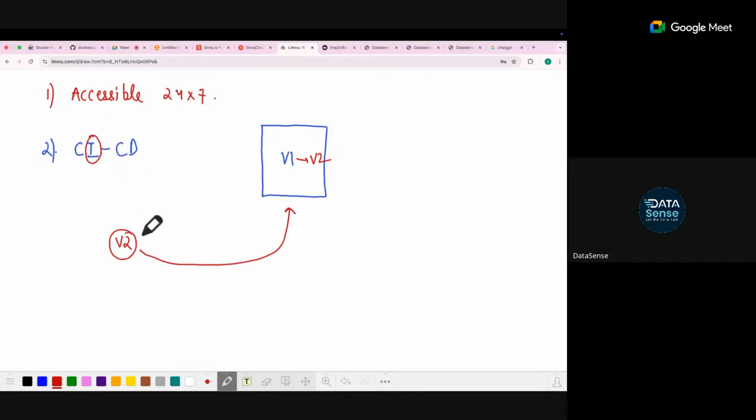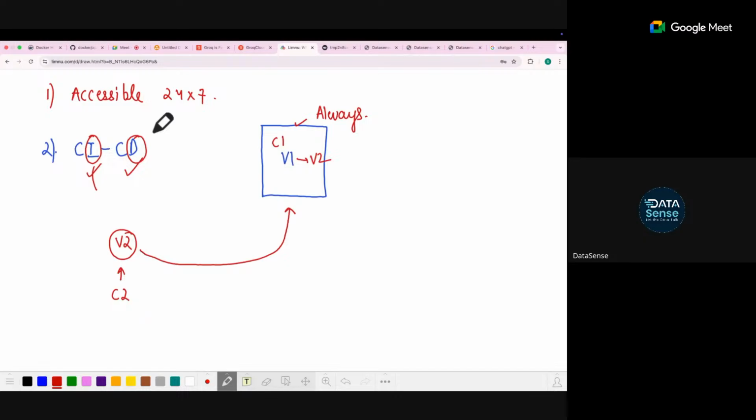So integration means, what is v2? V2 will be new code basically. In version 1 you will have code 1, in version 2 you will have code 2, where you have made some changes and upgrades to your code and pushed it. So this is called continuous integration, means you continuously keep on integrating your code, updating it. And what is continuous deployment? It means your website is always running. It does not hamper the user experience. It could be a website or an application, as I mentioned. So this is called continuous integration and continuous deployment.